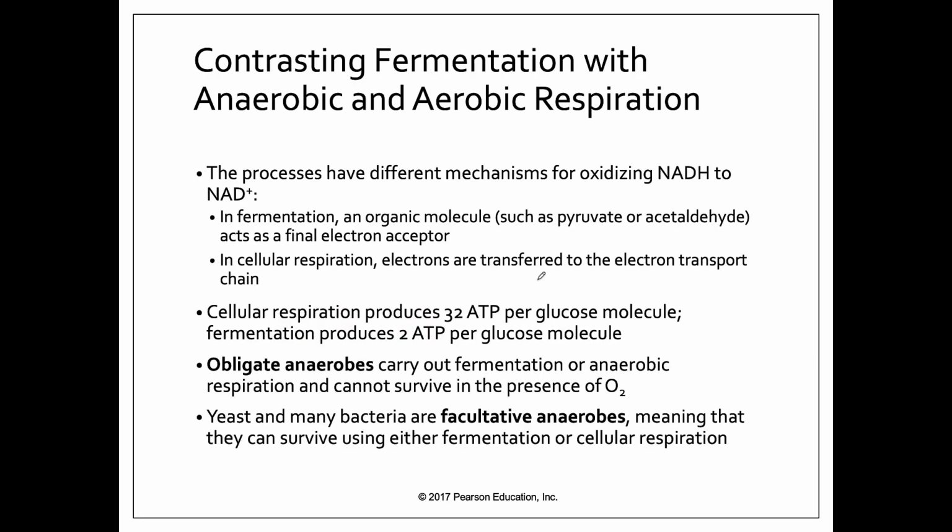There's a lot of differences between cellular respiration and fermentation, though. So they're going to have different ways of oxidizing NADH back to NAD+. In fermentation, we're going to have an organic molecule, such as pyruvate, turning into either lactic acid or alcohol. In cellular respiration, this happens at the electron transport chain. And there's a vast difference in the number of ATP produced. So fermentation only produces the 2 ATPs in glycolysis, whereas cellular respiration is going to create 32 ATPs because it can make a lot of NADH and then send those all to the electron transport chain to make a ton